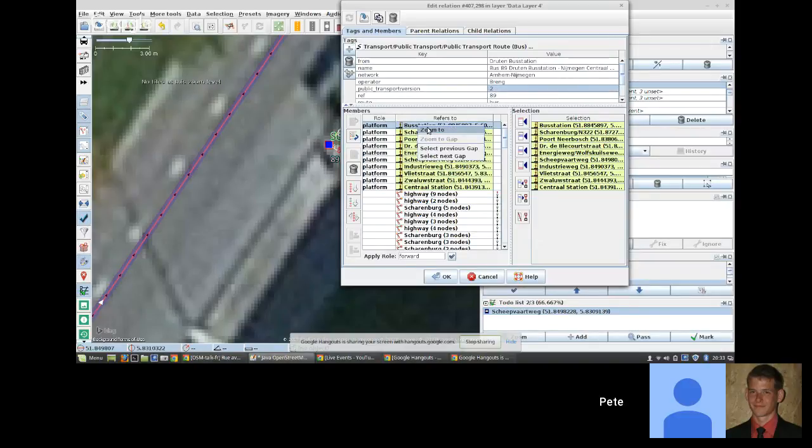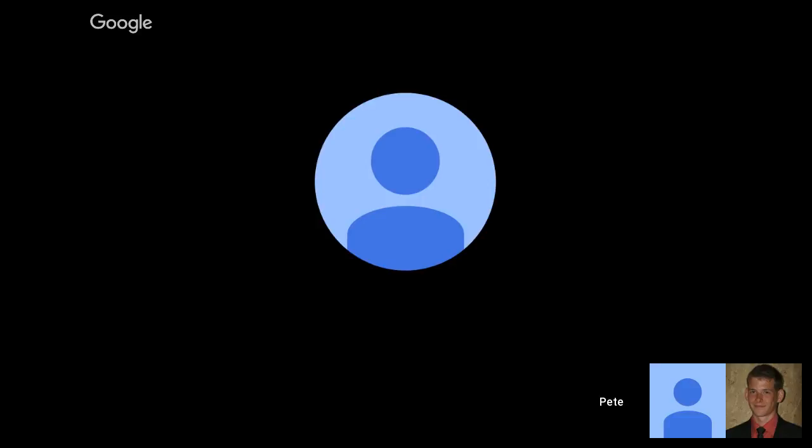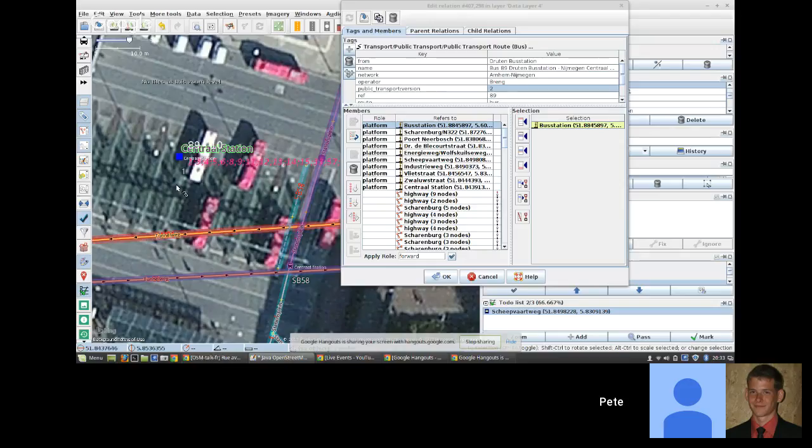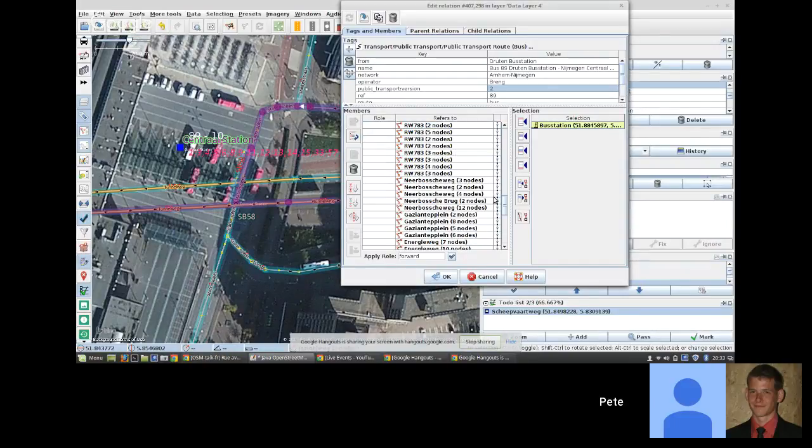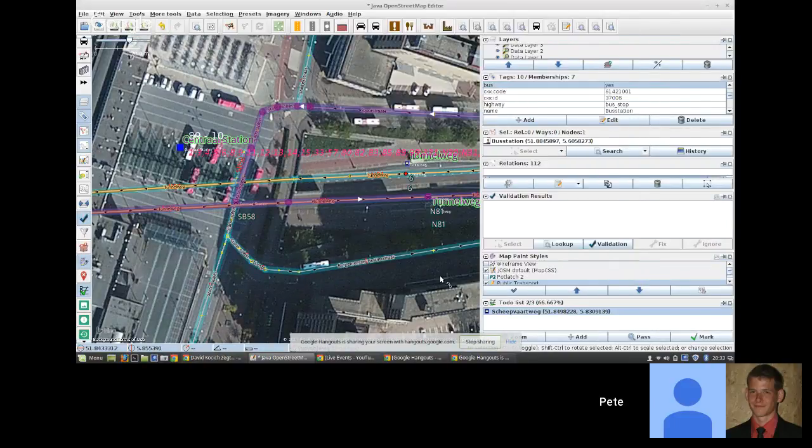What I'm going to do now is go to the first one and check if the order is correct. 2, 3, 4, 5, 6, 7, 8, 9. This looks good. 10. Here, I would have mapped all these little streets in between separately, but I'm not going to bother at the moment. Okay, that looks good. For the other direction,